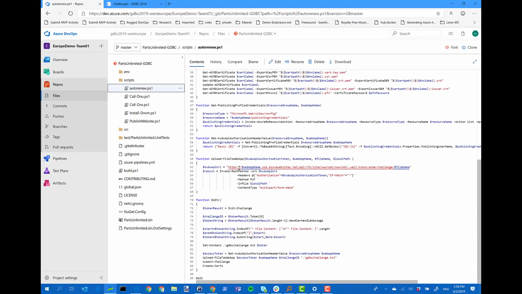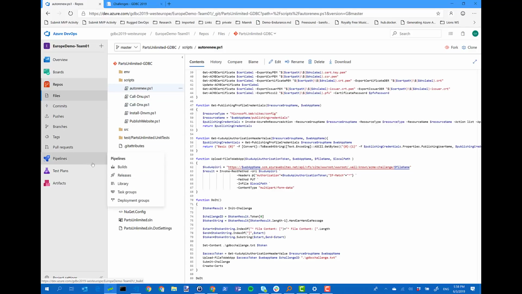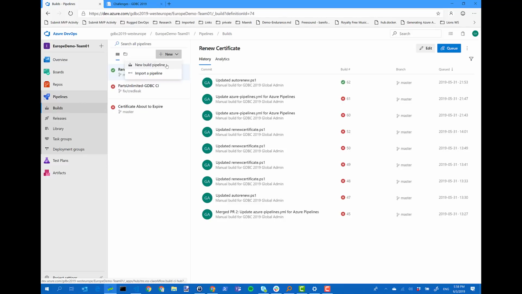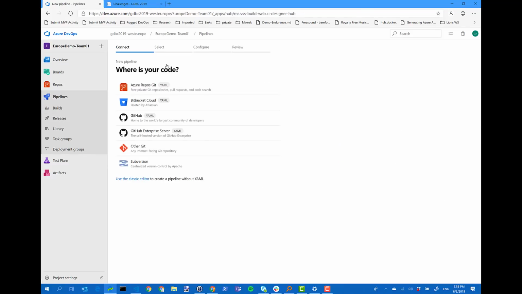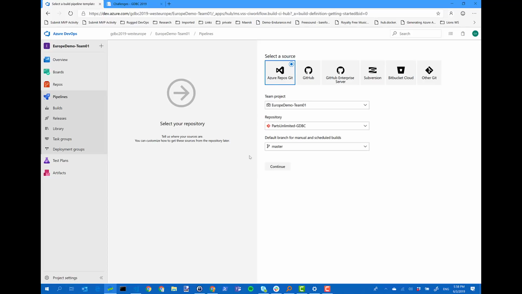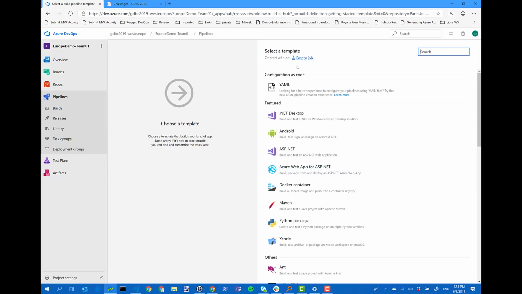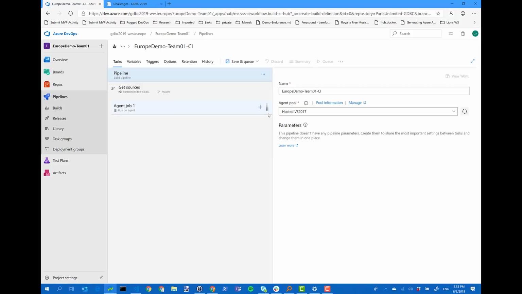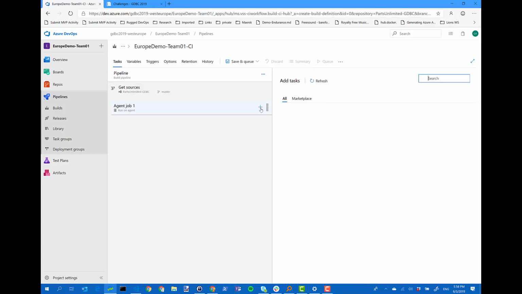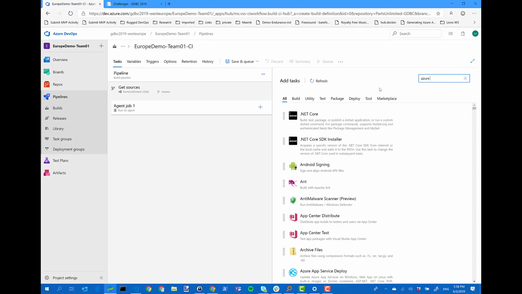This script contains all the lines of code that you need to run through the steps that you earlier did manually, creating a new certificate and getting the certificate PFX file. Once you have created this file, you can save it and we can go to the pipelines. I created a new build pipeline, and this time I used the classic editor without YAML to easily use the tasks. I will create an empty job